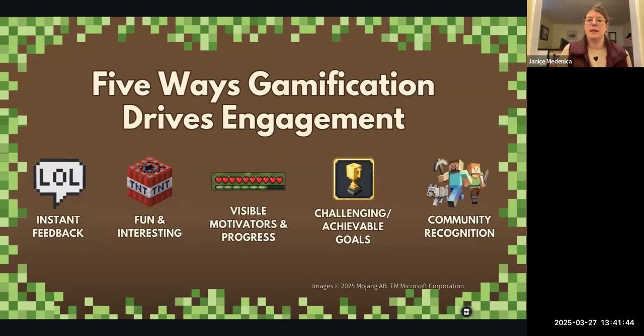Well, like I was just explaining, for some people it's a clear, visible motivator, and you can track your progress and you can see that your goals are achievable, you're almost there. It makes it fun and interesting, like TNT, explosive. And then instant feedback. LOL. We normally wouldn't put LOL, but yeah, any instant feedback that we can get, that just motivates more as well for how to keep moving forward.